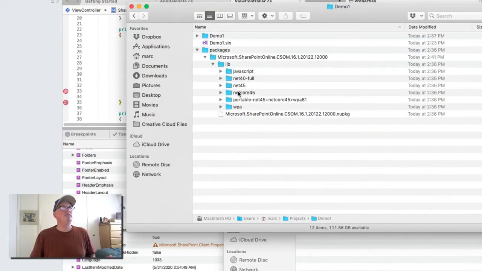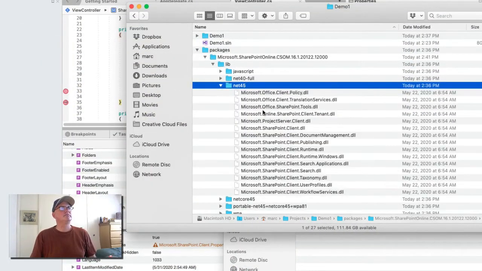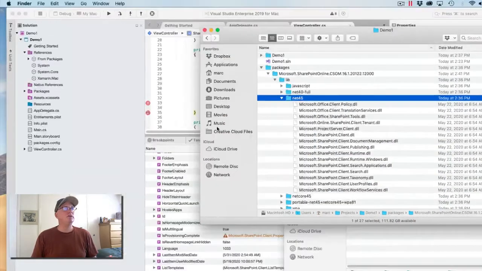No, we're not done. If you were going to simply use this for your own internal use and you didn't want to go to the App Store, you could be done right now. You could say, okay, great, that's all I needed to know. I just have to use this version of CSOM and create that folder. No big deal. Okay. But if you want to deploy this to the App Store, which is really the challenge,